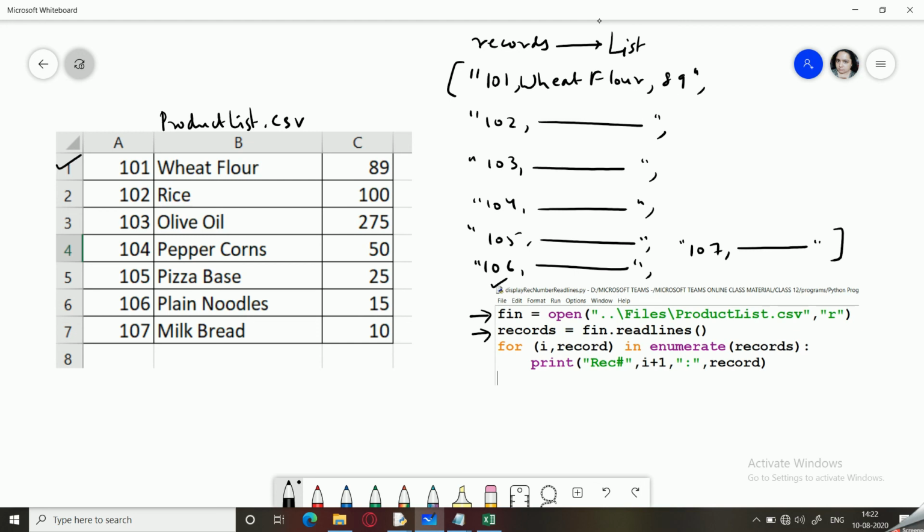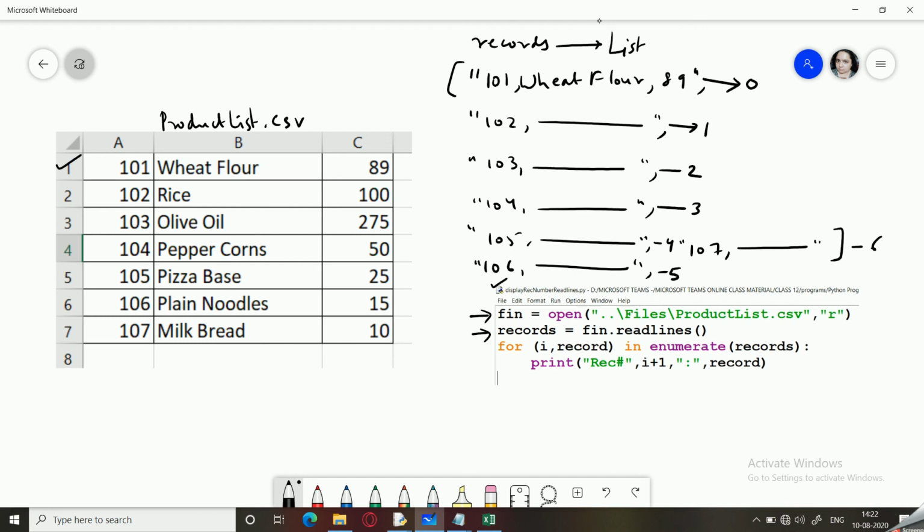So for i comma record in enumerate, now that this has been read, every line or every list item will be associated with an ordinal number. Because we have used the enumerate function, these record numbers, ordinal numbers, are added.